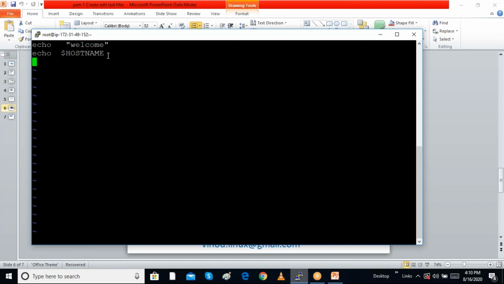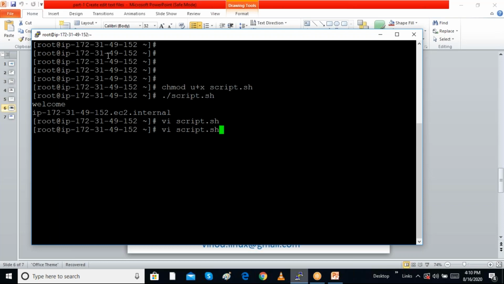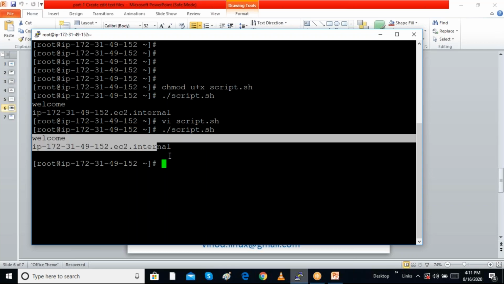I am adding here echo $COLOR. I want to see the color variable, but this is the variable which we created. It is a local variable, whatever variable I created is called a shell variable or a local variable. When I run ./script.sh, it will show only two lines. The color variable is not shown because it is a local variable and will not be available inside a script. If I want that, I can make this variable an environment variable.